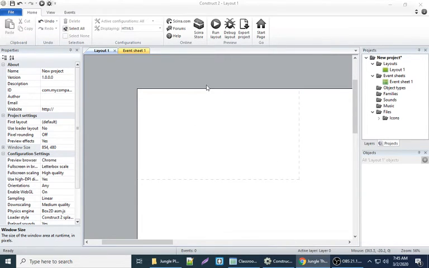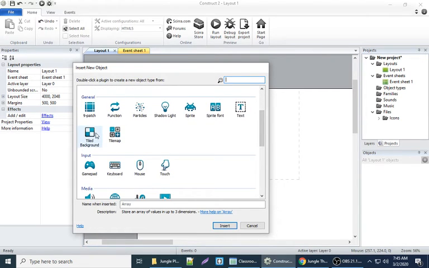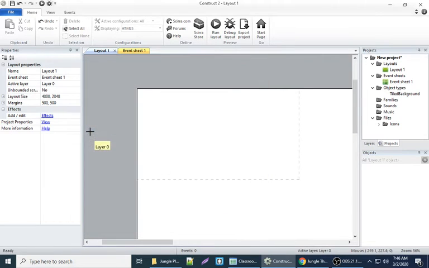So we just went with a standard new project, and now they're going to show us a new tool that we haven't used yet because we've always been using the single color backgrounds, but we're going to insert a tiled background. So inside here, the icons are a little bit different than on the guide. We'll find tiled background by double clicking, and then we'll pick tiled background. It's going on to layer 0,